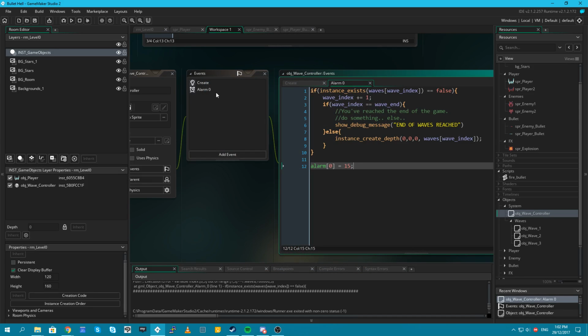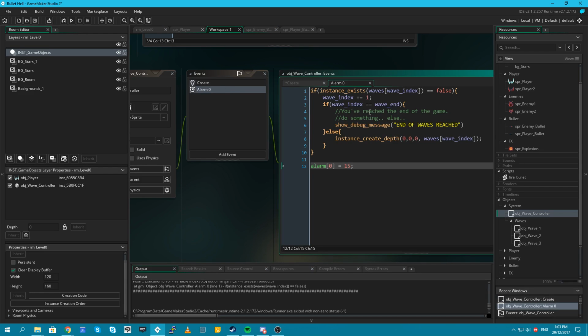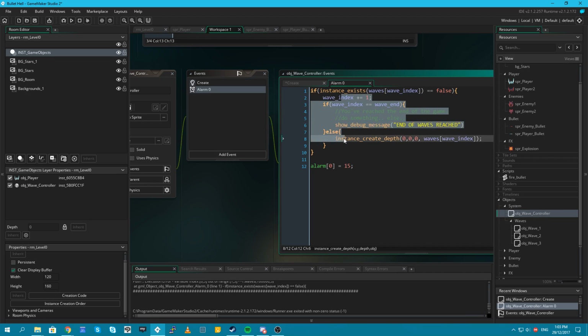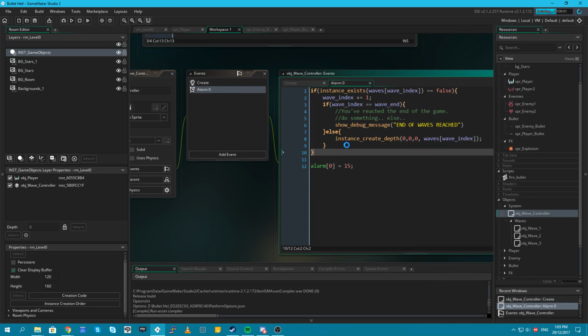But that didn't work. Let's set this to 2 and then 3, and let's find out why that didn't work. So, if wave index equals wave end, end of waves. If instance exists equals false, create the new wave, reset the alarm. Let's have a look.